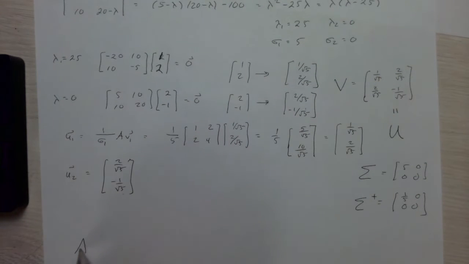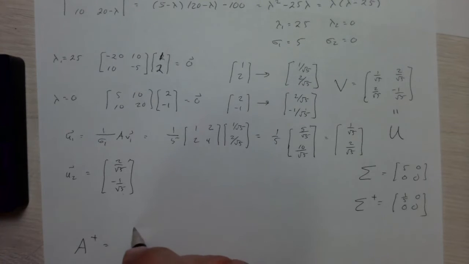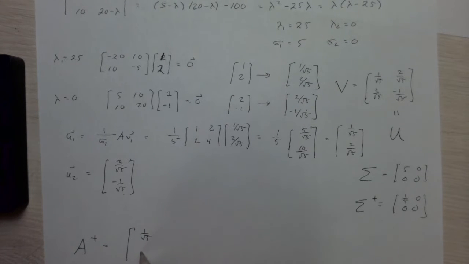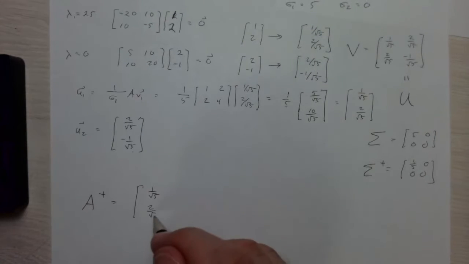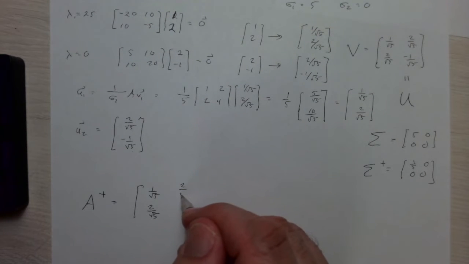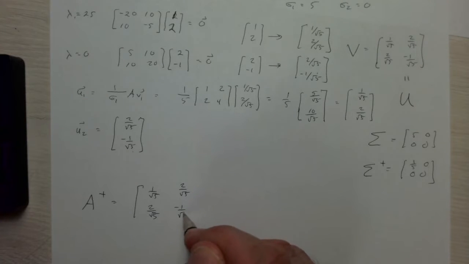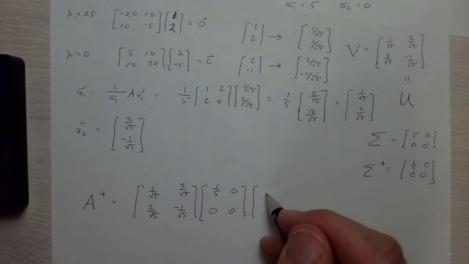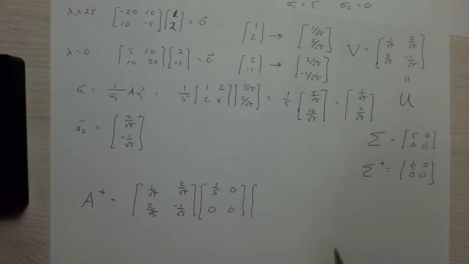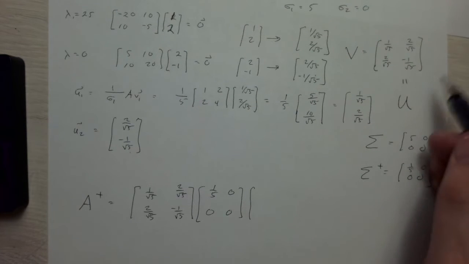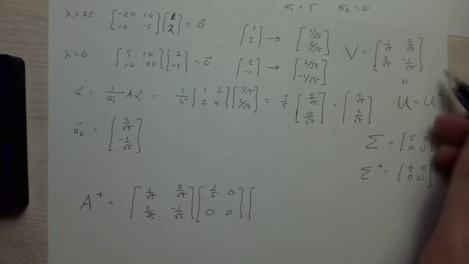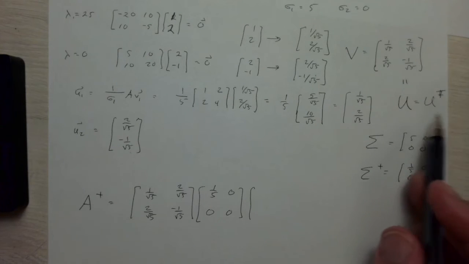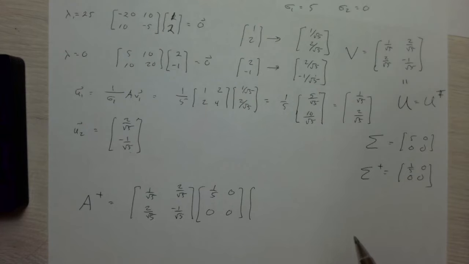So the pseudo-inverse of A is going to be V times sigma plus times U, or I should say U transpose, but because this matrix U is symmetric, U and U transpose are going to be the same thing. So this is going to be